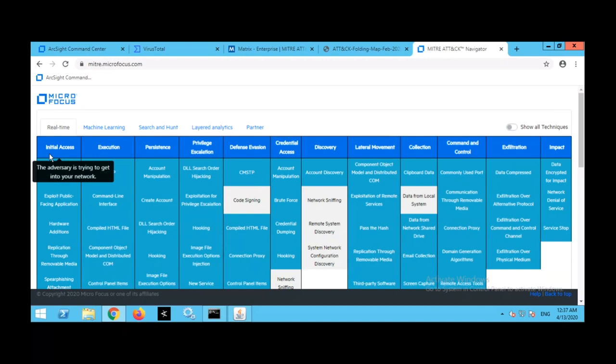MITRE has classified the information across 12 domains and hundreds of techniques. The row that you see here is nothing but the domains. These are the tactics and these are the techniques that are identified. For example, I have an execution. The moment I hover my mouse on execution,